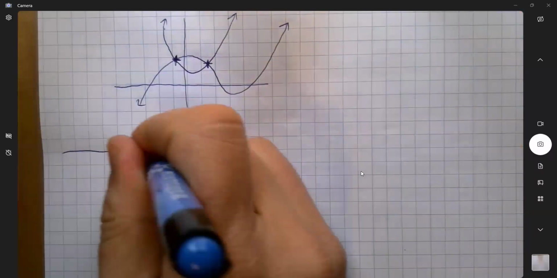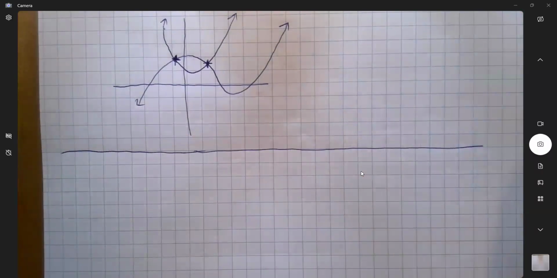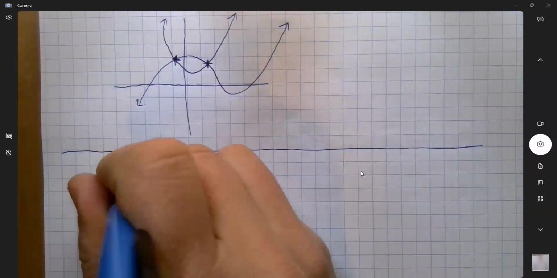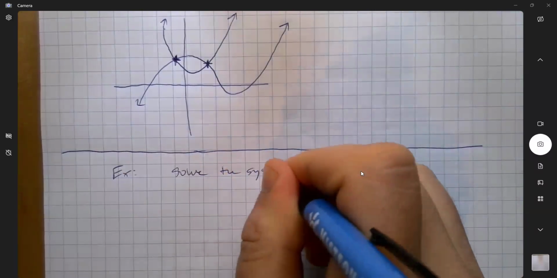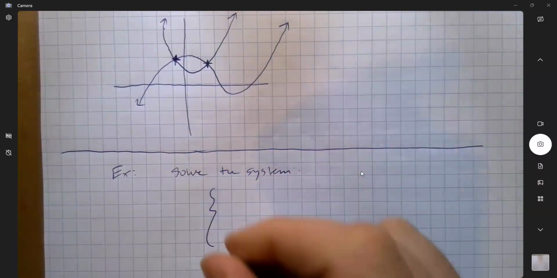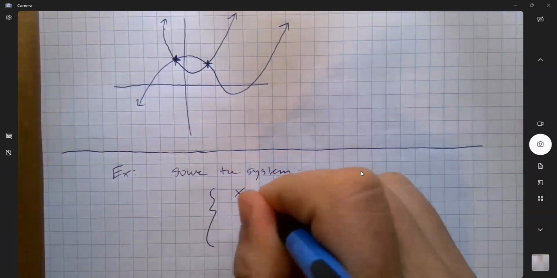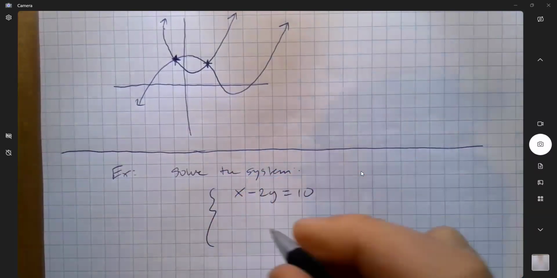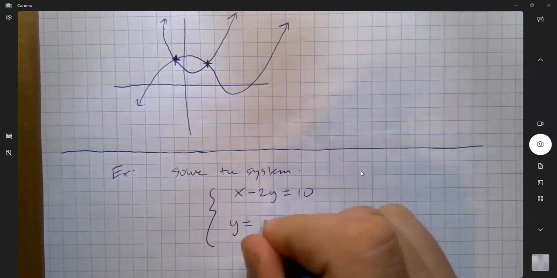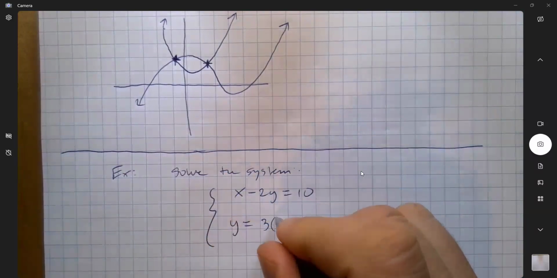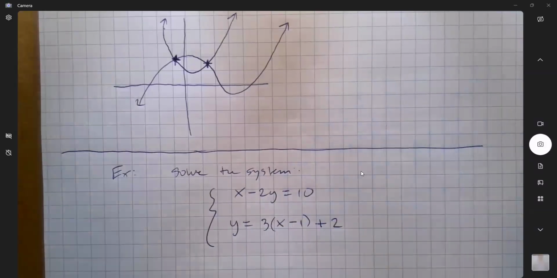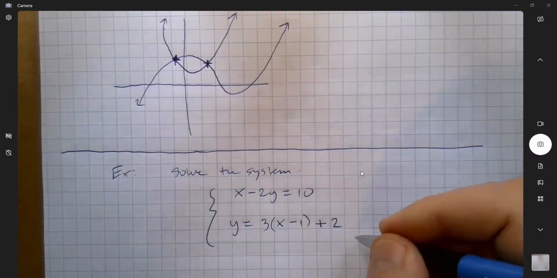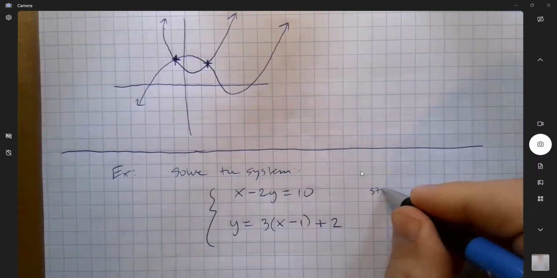Let's do another example. Let's solve the system: x minus 2y equals 10 and y equals 3 times (x minus 1) plus 2. And notice I have different forms of these linear equations. This first one is in standard form,